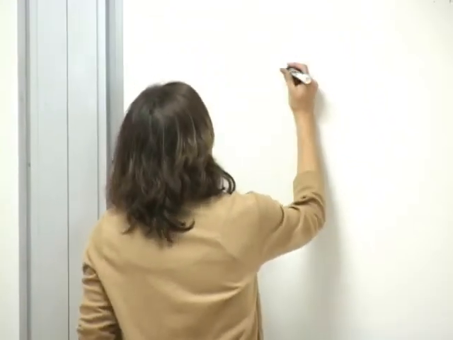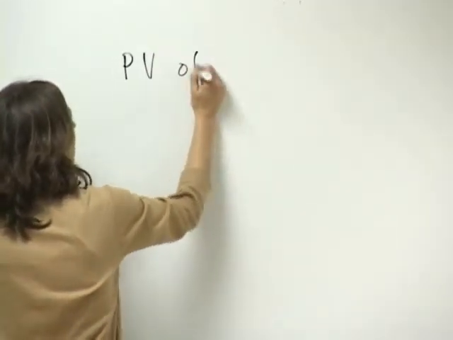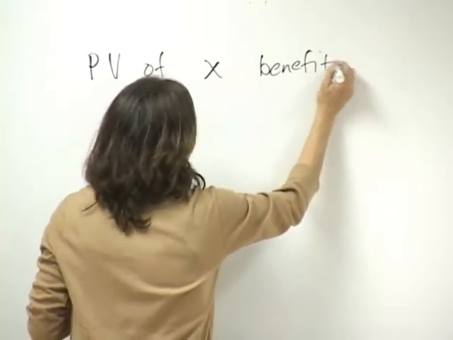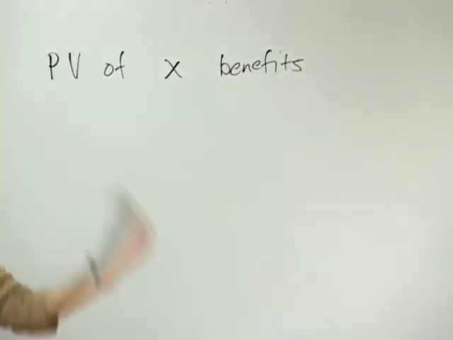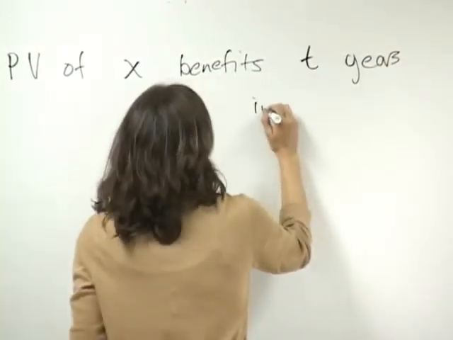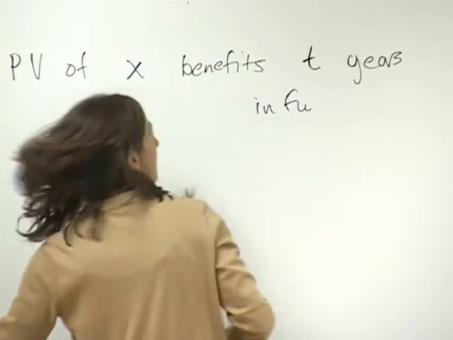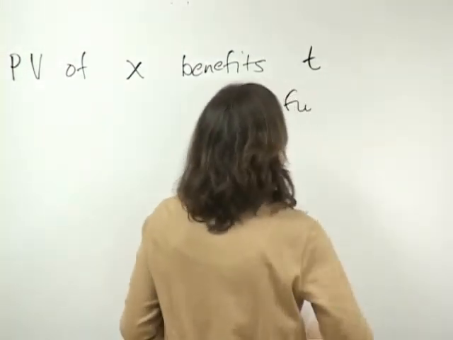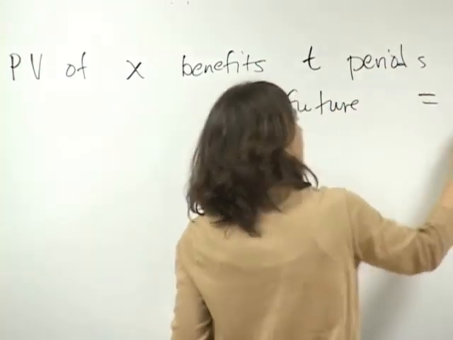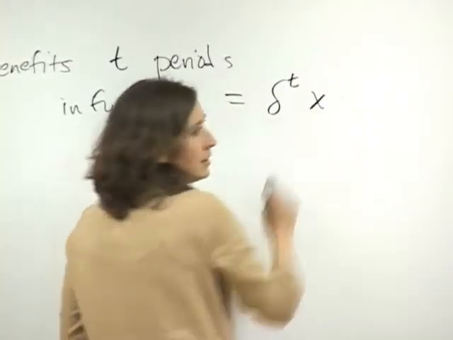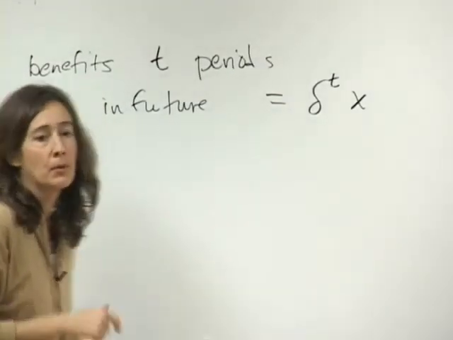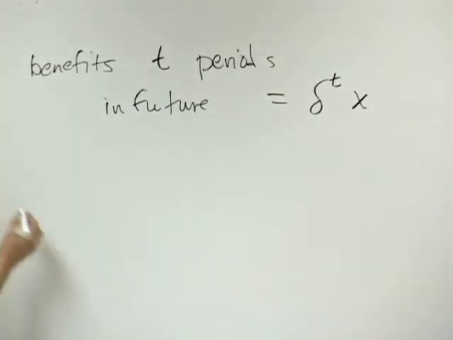Okay, so let's do the final generalization here. The present value of X benefits, X utility, X dollars, X payoff, X anything, T periods in the future is delta to the T power times X. Okay? And to see that, let's just kind of put in some numbers here. Let's think about X